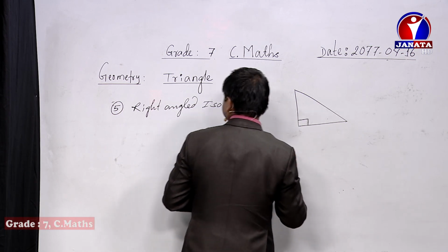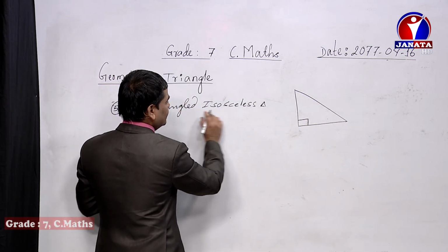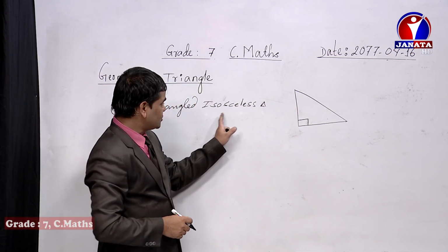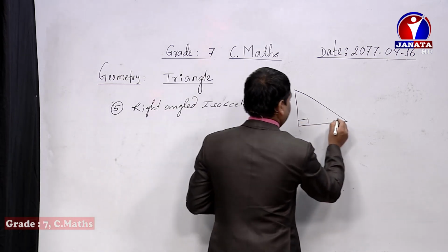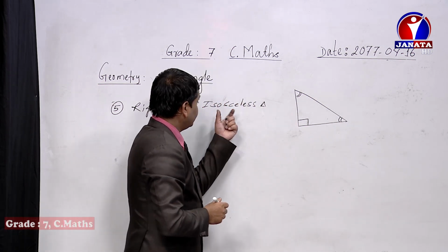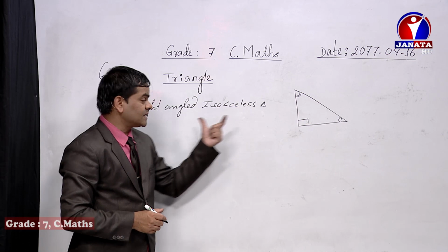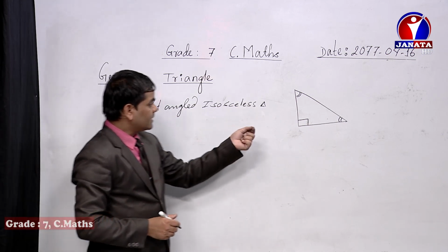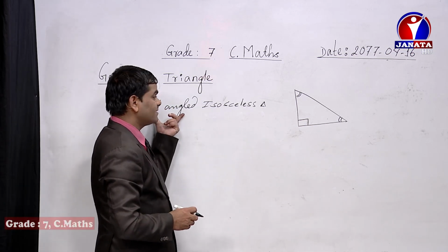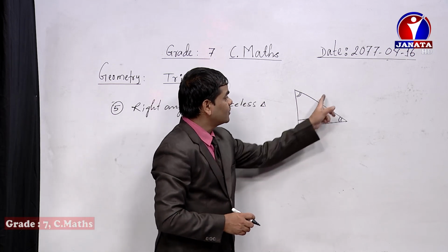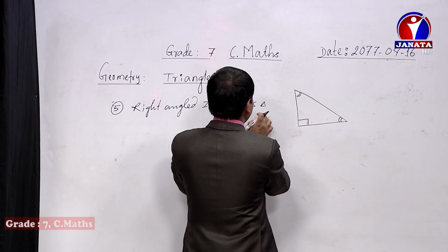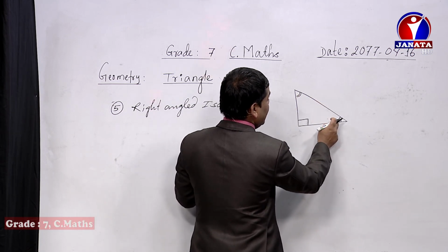One angle will be 90 degree because it is a right angle triangle, and 2 sides are equal and 2 angles are equal as per the isosceles triangle, as we have just learned. Then this one angle and this one angle become equal to each other. Right angle triangle means a triangle having an angle of 90 degree, and in this triangle there will be h square equals p square plus b square as well. Then there are the properties of isosceles triangle also, because the 2 angles are equal to each other.